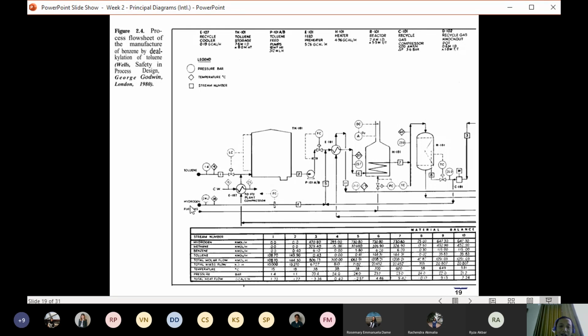Because in here I don't have the steam line, I have the fuel gas line. Fuel gas means that it will be used for the burning, for the combustion, and that combustion and burning system will increase the temperature of the fluid inside this tube. So much important information related to chemical engineering can be known by showing this PFD.